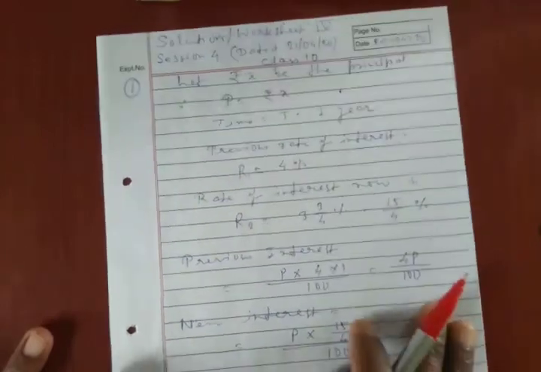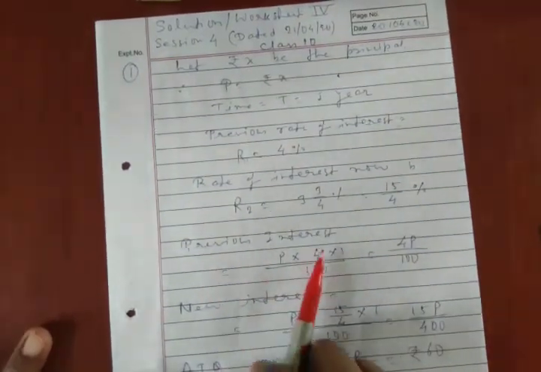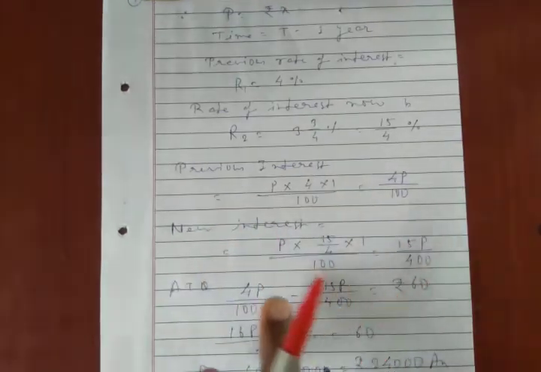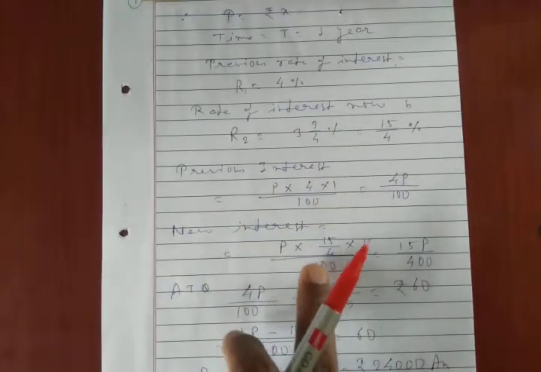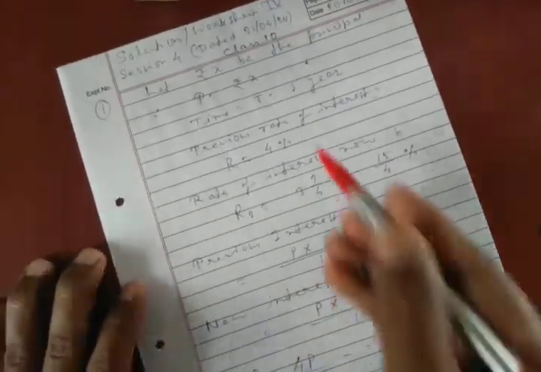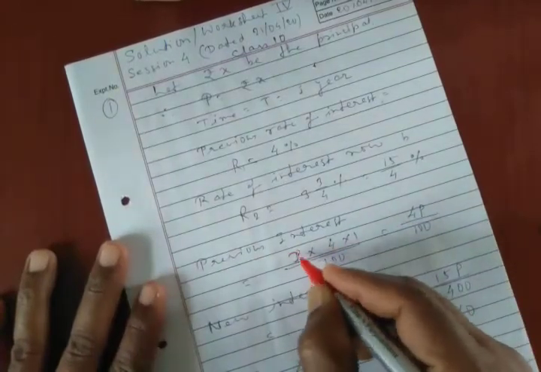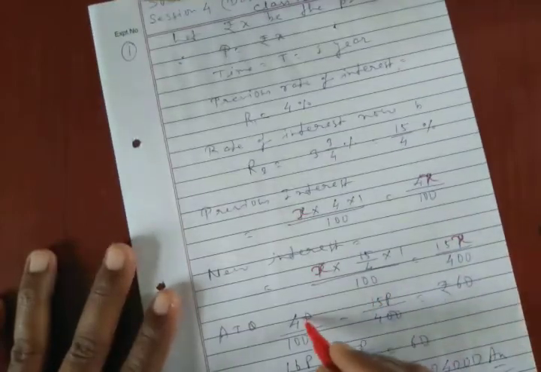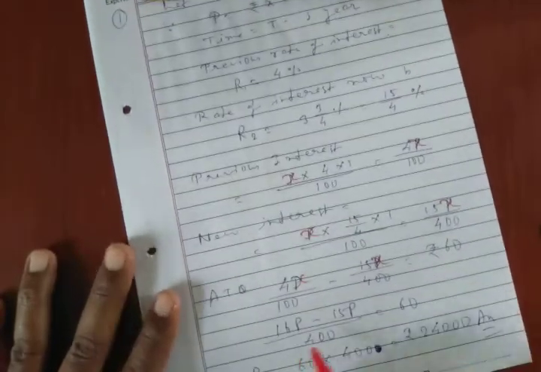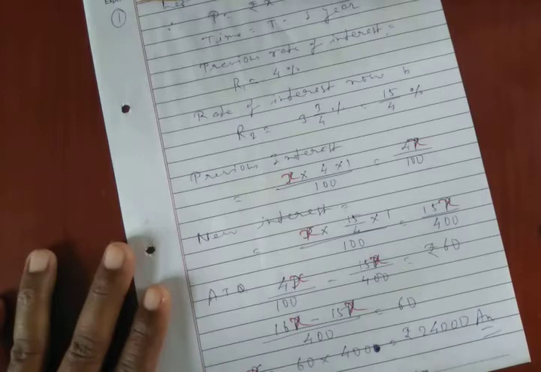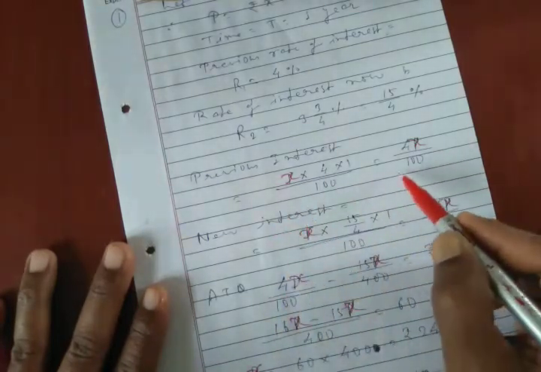Then find the interest in the first case, that is P into 4 into 1 by 100, that is 4P by 100, and the new interest is equal to this much, because in both cases the principal is the same. So actually I supposed x, then I should write x here. So it will be x here. Then in this case we will get 4x by 100,